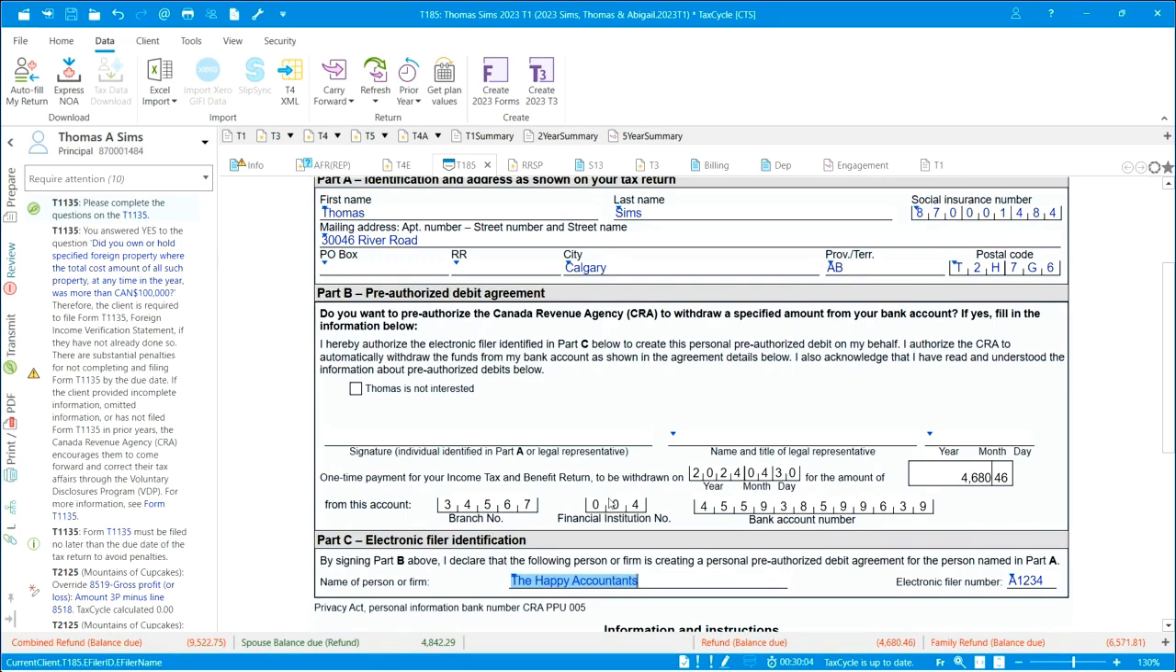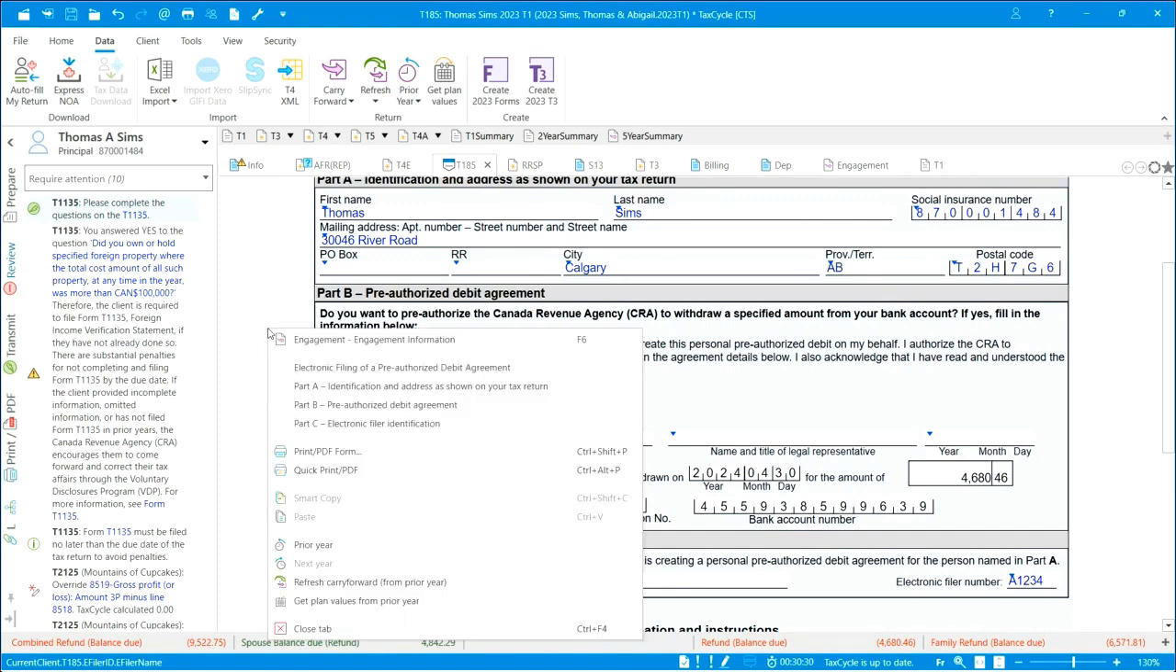But when we print it, it is not going to print the banking information on the form, in case it inadvertently gets printed, and that way it cannot make it into the wrong hands, because this is very sensitive information and we don't want just anybody to get this. But if you do need, for whatever reason, to print it with the account number on it, you can just simply right click on